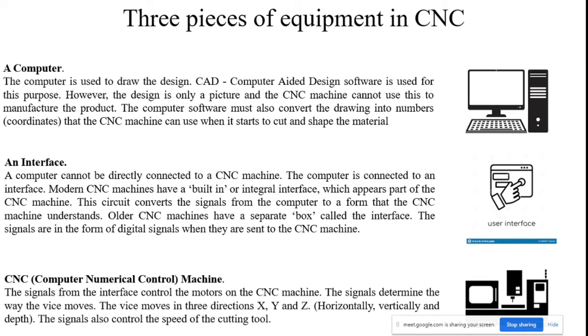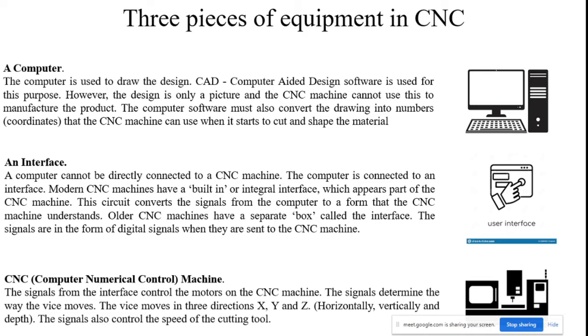The machine moves in three directions. Generally, all machines have three directions: X, Y and Z. The horizontal axes follow the X and Y directions, and the vertical direction, which is also known as depth, is controlled with the Z axis. So three axes are available in computer numerical control machines: X, Y and Z.